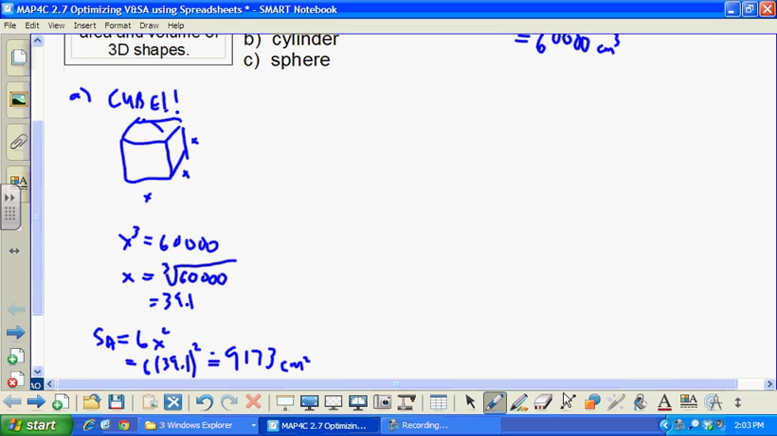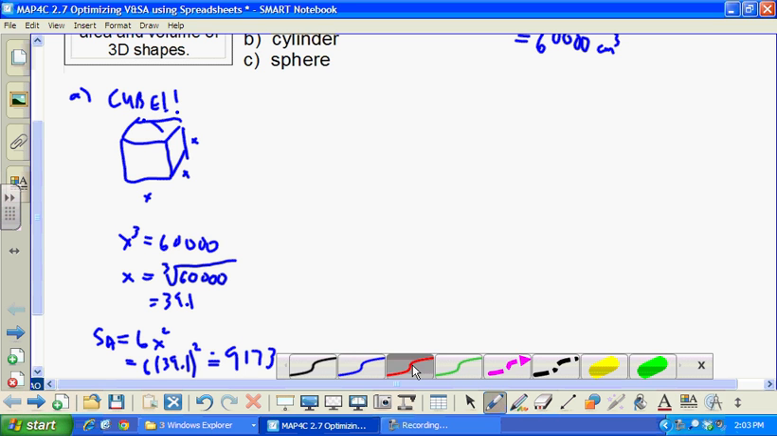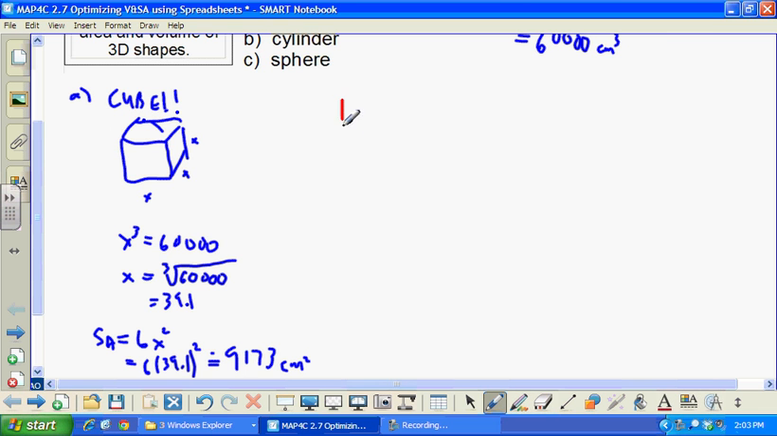Now, what happens if it's a cylinder? I'm going to change colors for the cylinder. Well, what do we know about a cylinder that's optimal? We talked about this last class. The idea is it's got to be the most cube-like cylinder. What does that mean? It means that this diameter and this height is equal. Or another way to say that is the height is 2 radiuses. And that's a fact that we're going to remember just to get the best